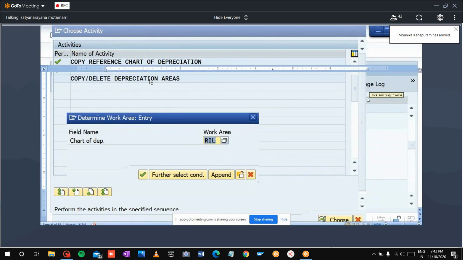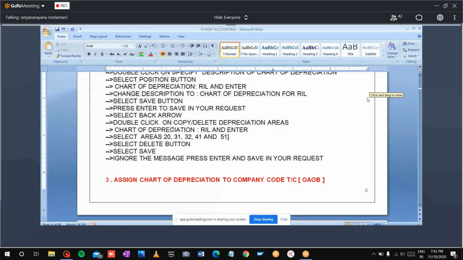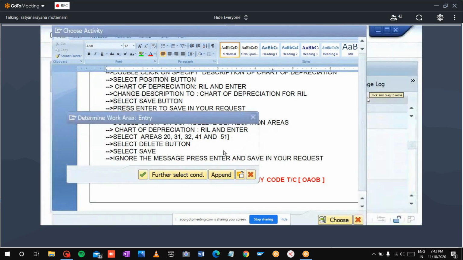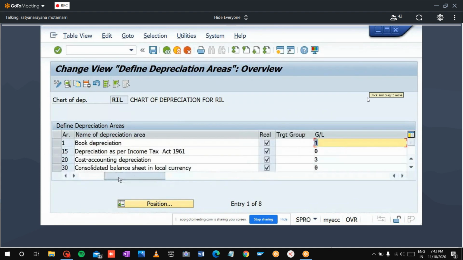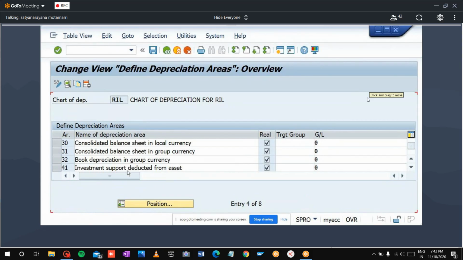Chart of depreciation RIL, enter. Now, when you copied the Indian chart of depreciation, it copied 8 areas, like book depreciation, income tax depreciation, costing depreciation, group depreciation, group currency depreciation, investment support, like that, so many areas are copied. If you keep it like this, when you create an asset master, which is at the end user area,